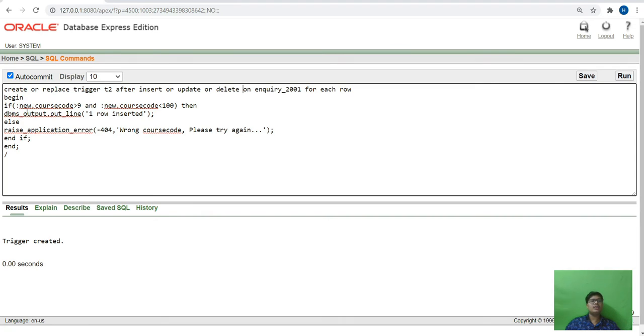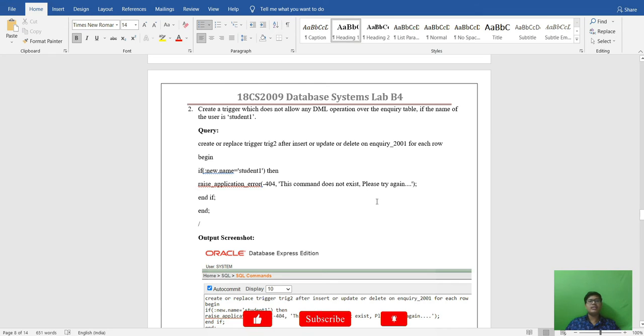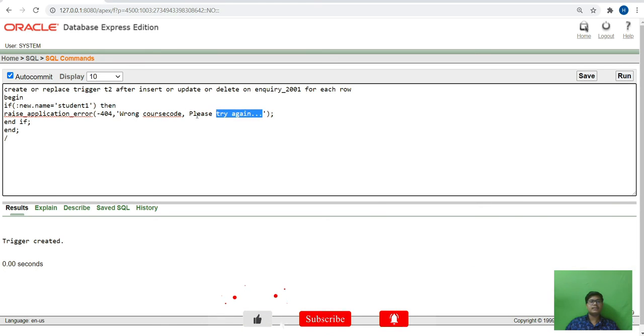For each row, it will go here and type name, that will be new.name equal to student one.